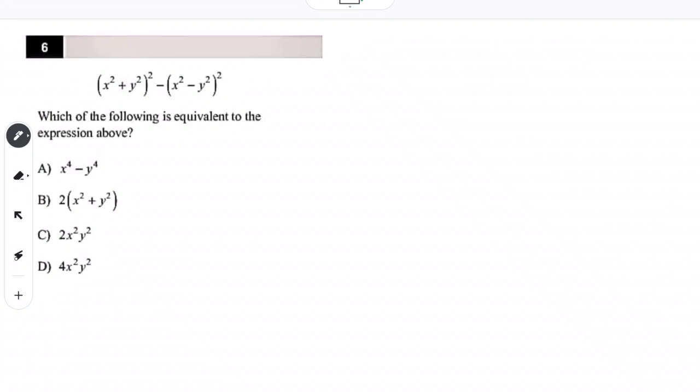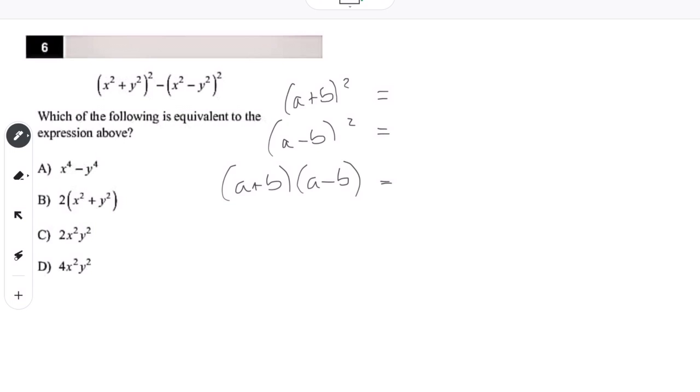For this problem, you need to know three formulas. One is (a plus b) all squared, two is (a minus b) all squared, and three is (a plus b) times (a minus b). I tell all my students they must memorize this at all costs, because it appears over and over in the